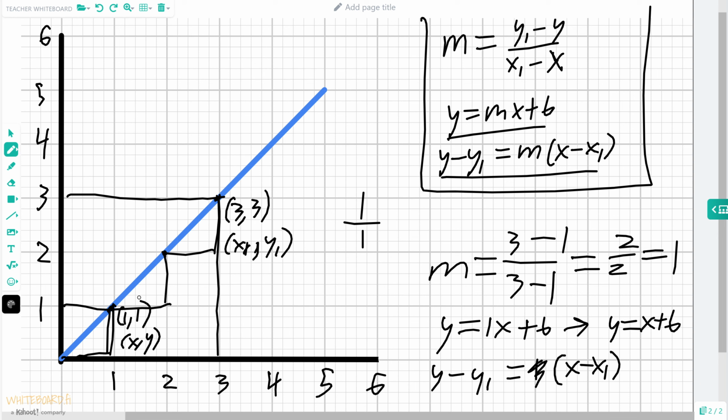So now we are left with these two equations down here. But as you can see, they both have unknown constants. This one has an unknown b value. This one has unknown y1 and x1 values. So to solve for this b value, y equals 1x plus b, or y equals x plus b, it doesn't matter. So to solve for b, what we want to do